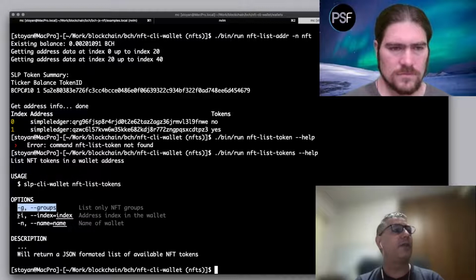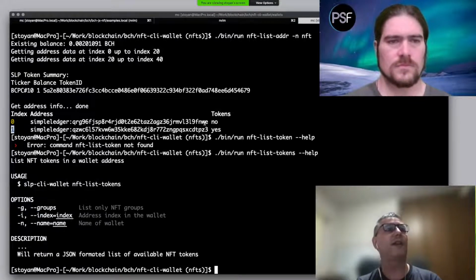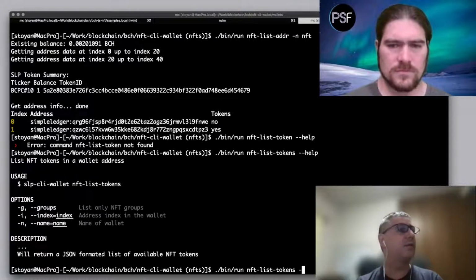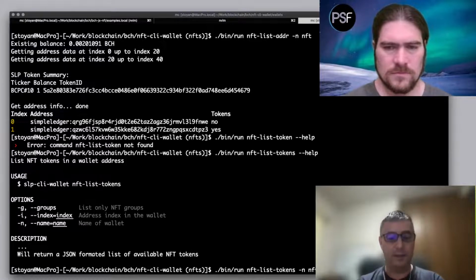And the second important one is this index, because you see here are two wallets. So I will just use index one to show what is inside, because only there are tokens. So the name was NFT and the index is 1.